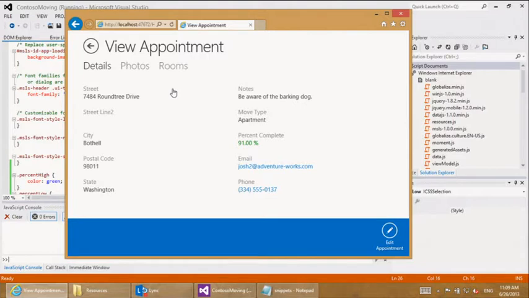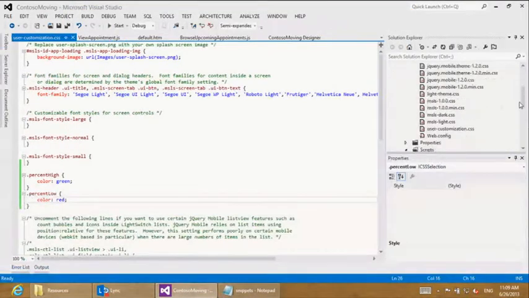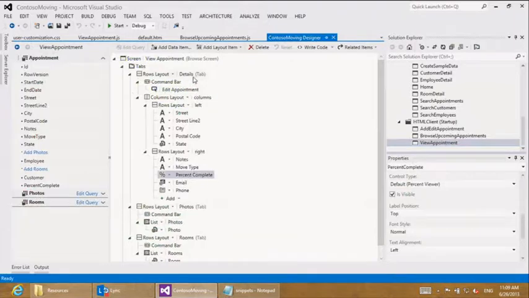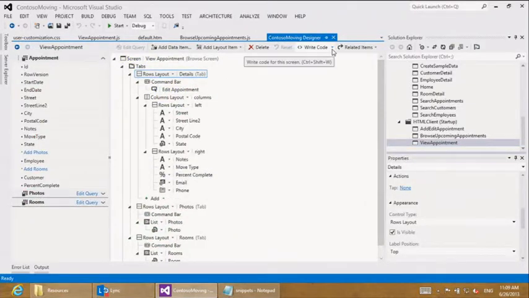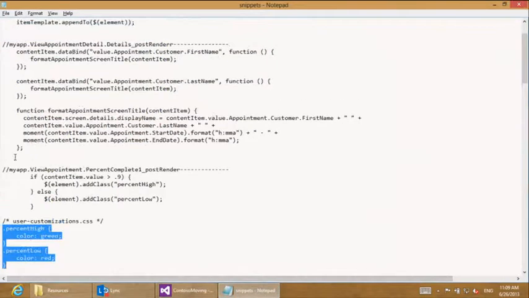Let's say to the title. We don't want to show view appointment, but we actually want to show the name of the customer in the title and also the time of the appointment. So back to the screen designer. File, view, logical view, view appointment. So on the details tab, we will change the post render method. And in here,